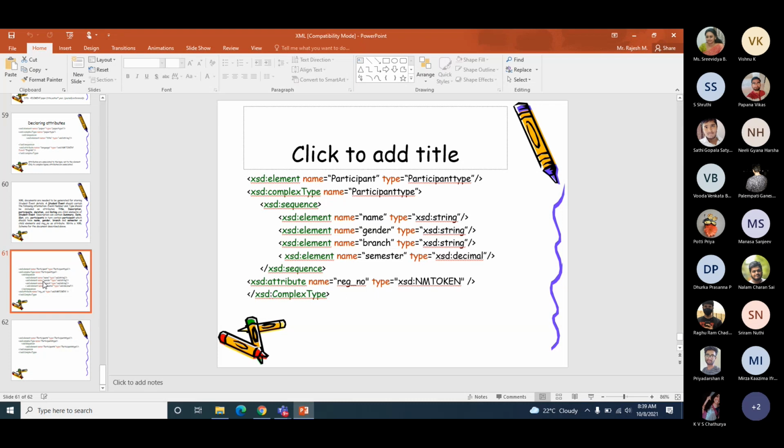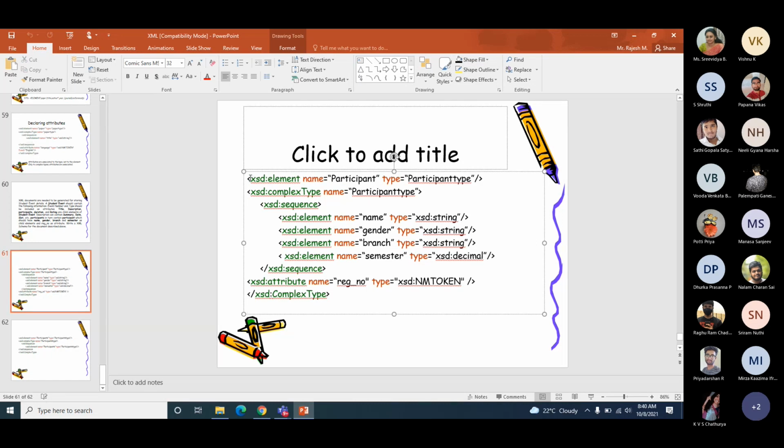And in the attribute part, I'm having an attribute called register number and its type is NMTOKEN, the default data type for attributes. And this whole thing comes under the complex type definition. So now participant type is defined and that's why this particular line is also done. Okay, so this is clear.